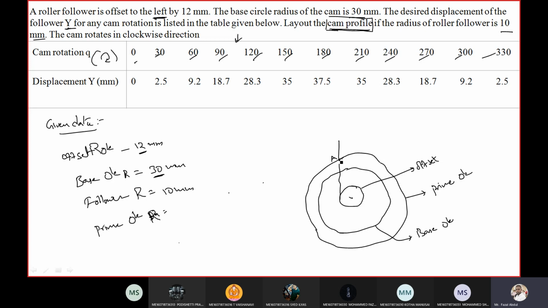So this is the 0 degree first position. Second is the 30 degrees. So from here to 30 degrees, measure 30 degrees and denote here. That is the first point. And next one is 60 degrees. 60 degrees means...